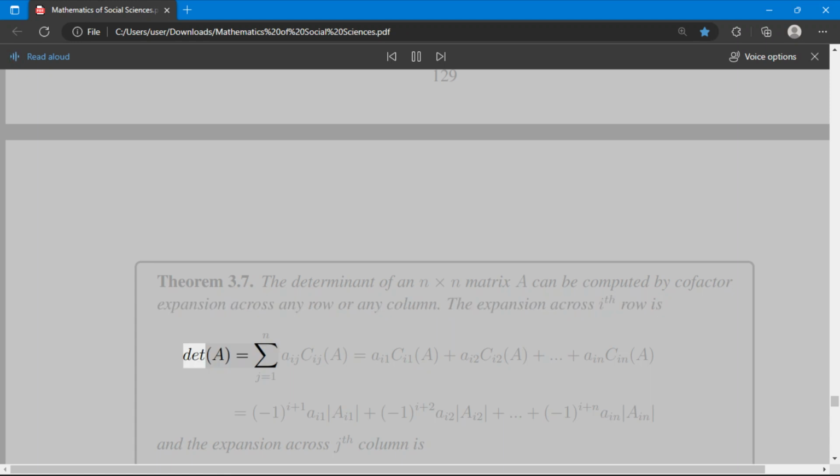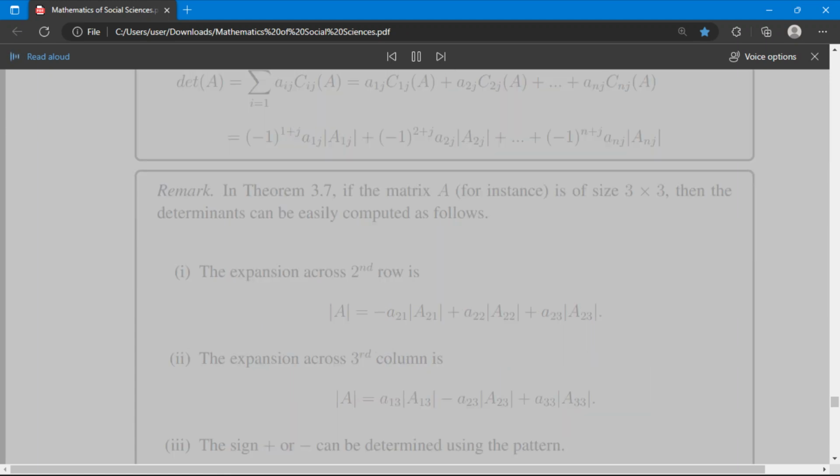The expansion across the i-th row is det A = the sum over j from 1 to n of aij Cij(A) = ai1 Ci1(A) + ai2 Ci2(A) + ... + ain Cin(A) = (-1)^(i+1) ai1 Mi1 + (-1)^(i+2) ai2 Mi2 + ... + (-1)^(i+n) ain Min. And the expansion across the j-th column is